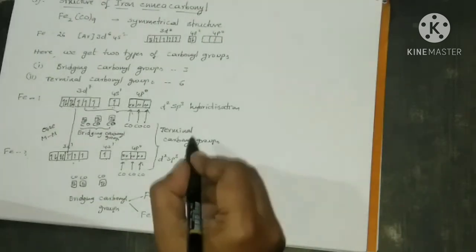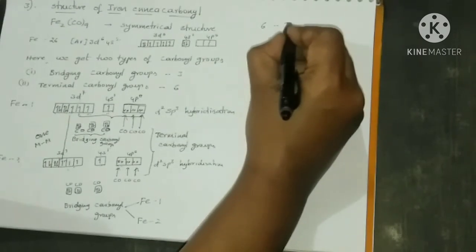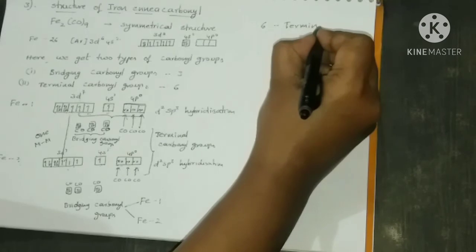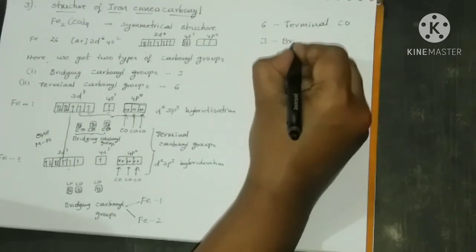So totally we have 6 terminal carbonyl groups and 3 bridged carbonyl groups